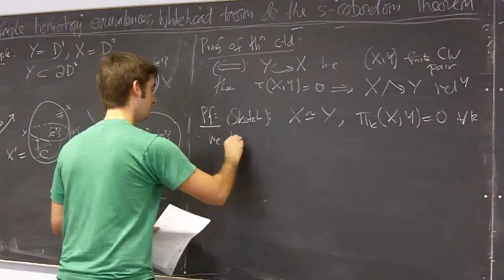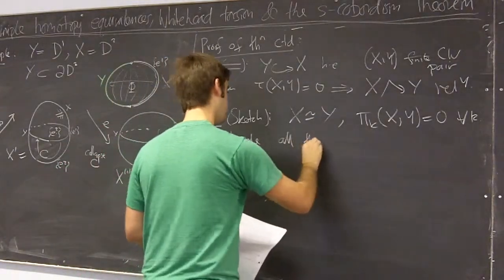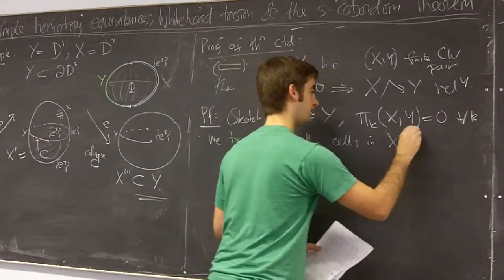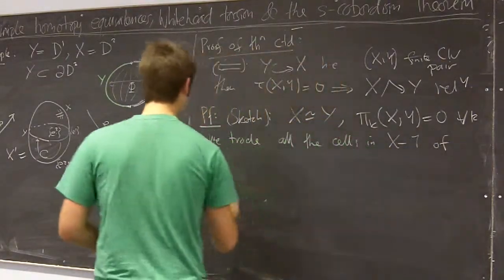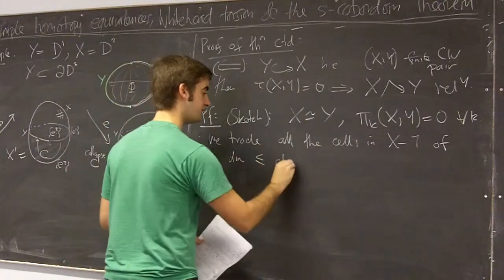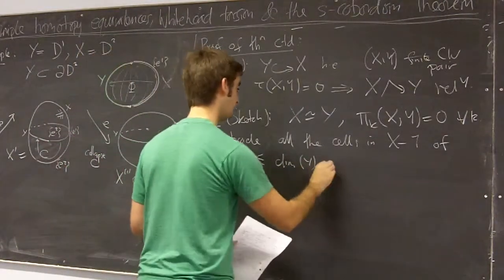We trade all the cells in X minus Y of dimension less than or equal to the dimension of Y. We trade them up